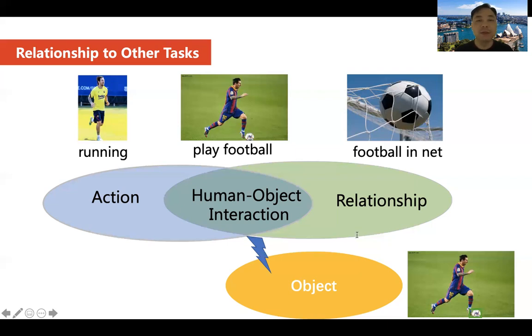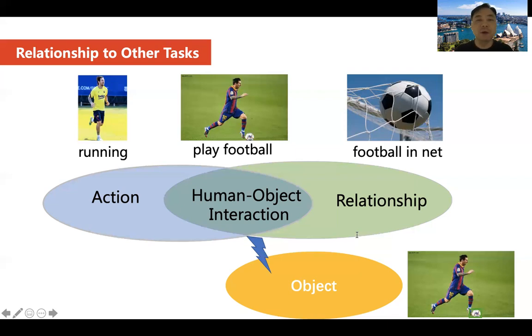Furthermore, object is an important factor of HOI. When we observe an HOI sample, such as playing football, we can directly infer the object is playable. This indicates the affordance attributes of the football. Therefore, HOI is also valuable for object understanding. On one hand, HOI provides the information of semantic affordance of the object, that is, what actions can be applied to the object, such as kick the object. Moreover, HOI also illustrates how to play football.